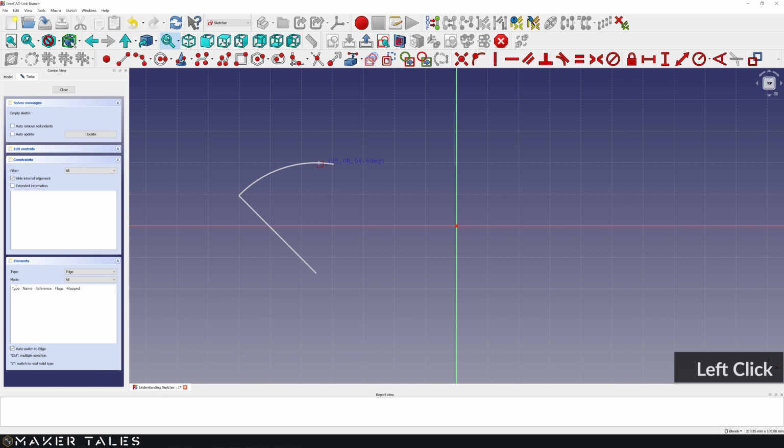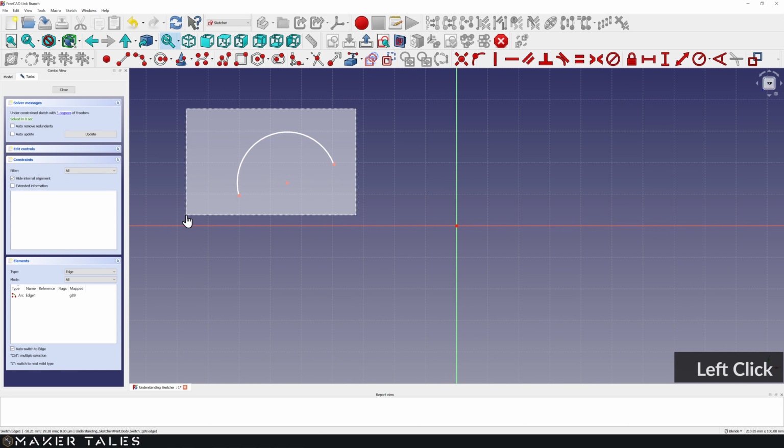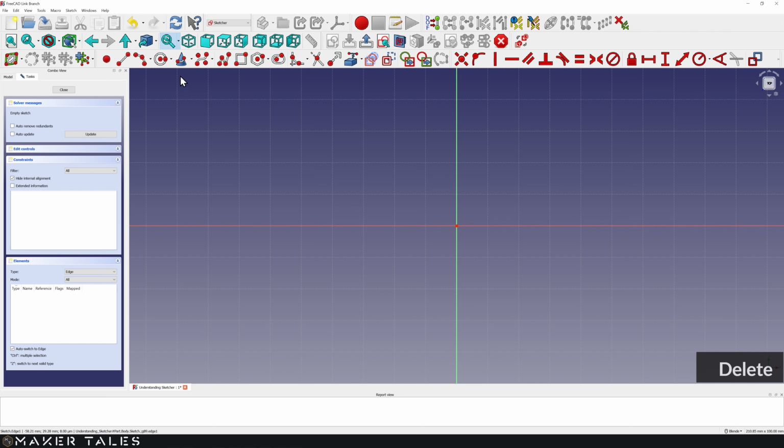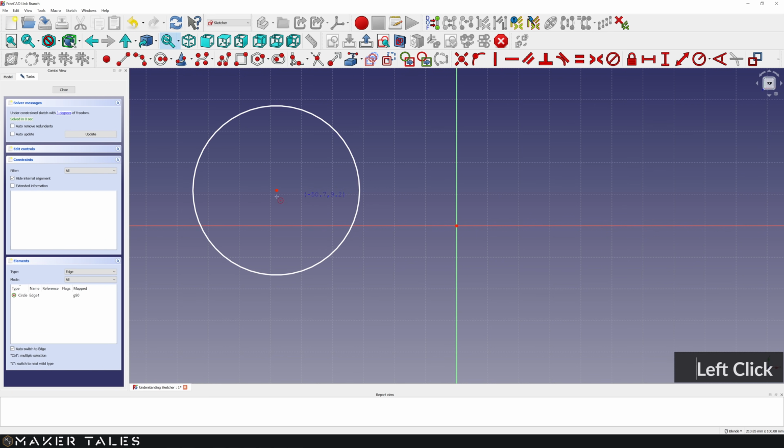Those are the 2 endpoints. And this rim point is where you want the edge of this arc to meet. Another way of creating it. Now that you understand what a rim point is, you'll understand this circle very quickly. This is a center and rim point circle. So center, rim point, also known as the radial distance right there of a circle.